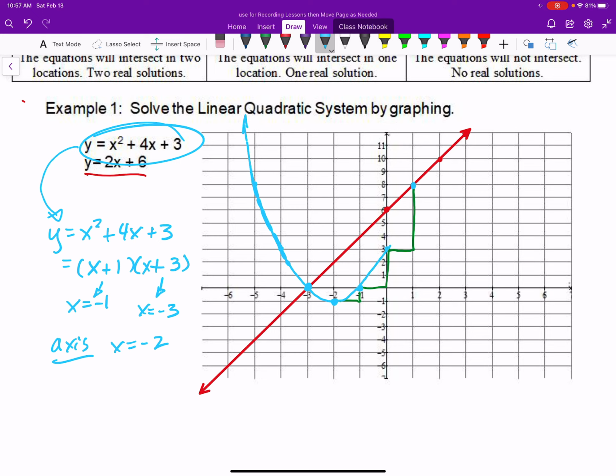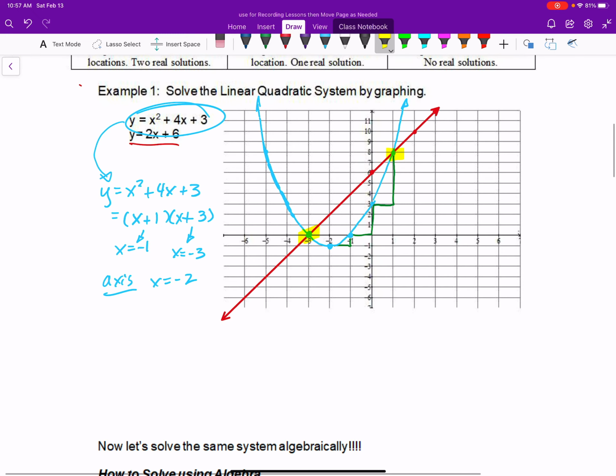So there is my sketch for the quadratic. What matters is where they cross. We can see that it crosses here at -3, 0, and it also crosses here at 1, 8. Those are my 2 points of intersection. So there's two solutions. The solutions are